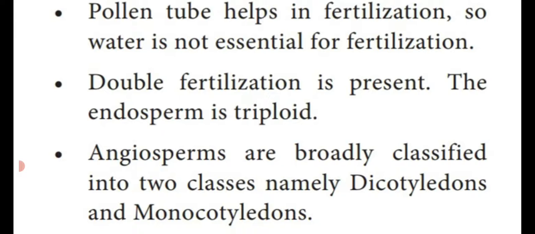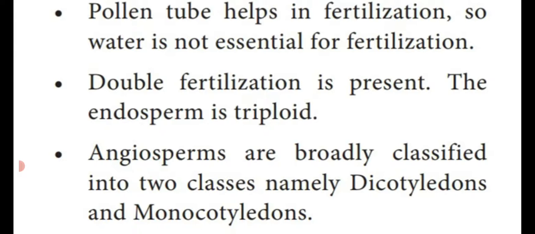The other male gamete fuses with the secondary nucleus, or polar nuclei, which is present at the center of the embryo sac, forming a triple nucleus. That fusion is called triple fusion or double fertilization. Only this triple fusion nucleus afterwards develops into endosperm. This endosperm is the nutritive food material for the growing embryo.